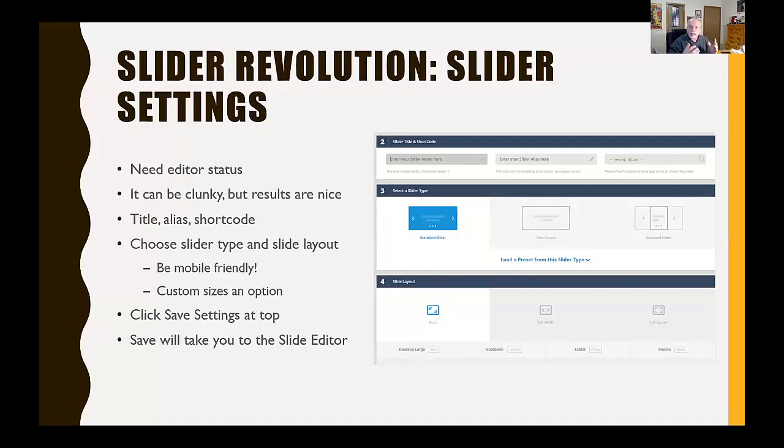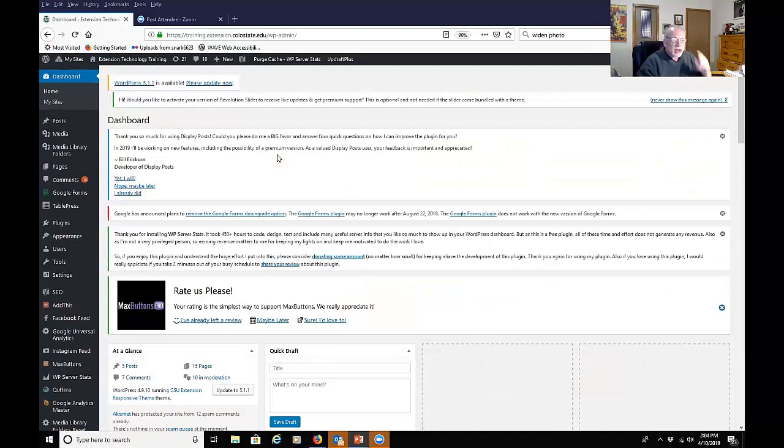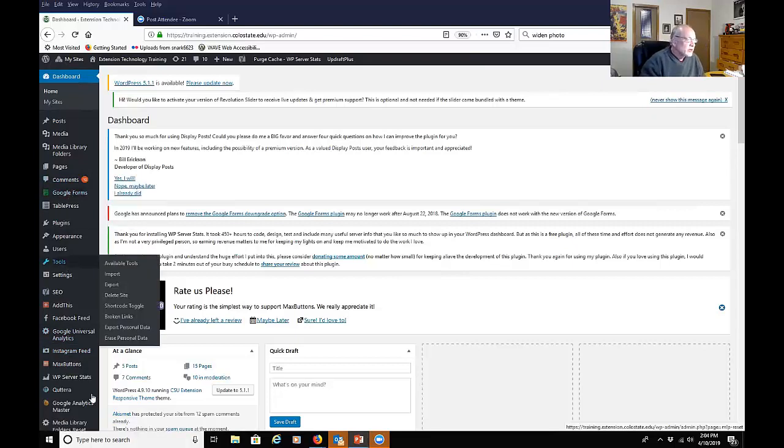So I'm going to go quickly into Slider Revolution and we'll see how this works. Let me do a share of my screen. Now, I usually conduct these webinars not as myself, so I have higher privileges than I normally do when conducting these, so my navigation might look a little bit different here on the left. Nonetheless,